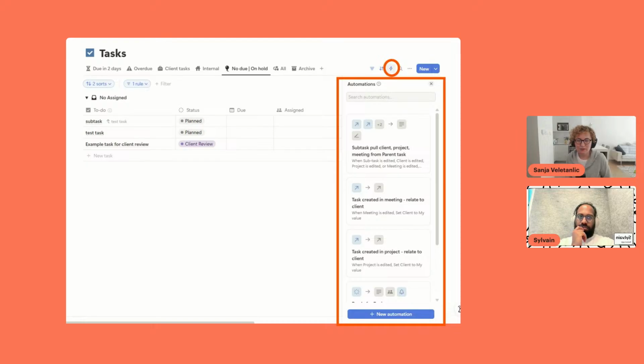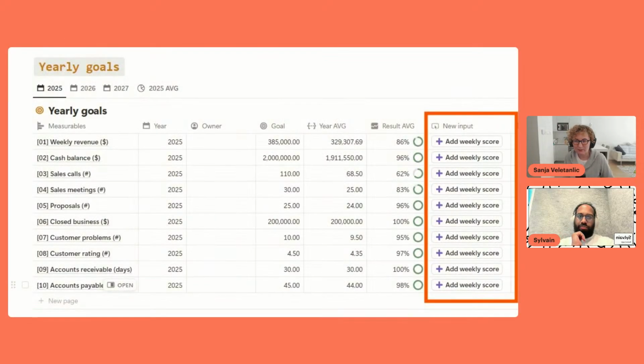This is what we call database automations, because it's on a database. And when you create it, this is how it looks, and then you can go inside to edit it.